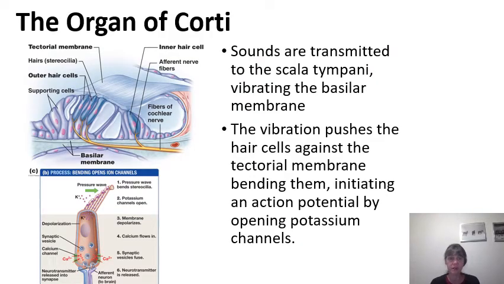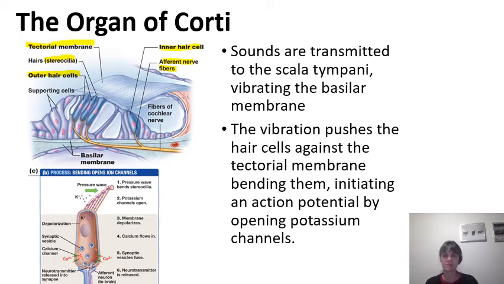Here we have a bigger picture of the organ of Corti, where we can see the outer hair cells with their tiny little hairs called stereocilia embedded in the membrane above called the tectorial membrane, which does not make contact with the scala vestibuli, by the way. It's separate and detached from that. We have the inner hair cells and afferent nerve fibers coming from the inner hair cells. The job of the outer hair cells is basically to either amplify or dampen the effects of the basilar membrane,